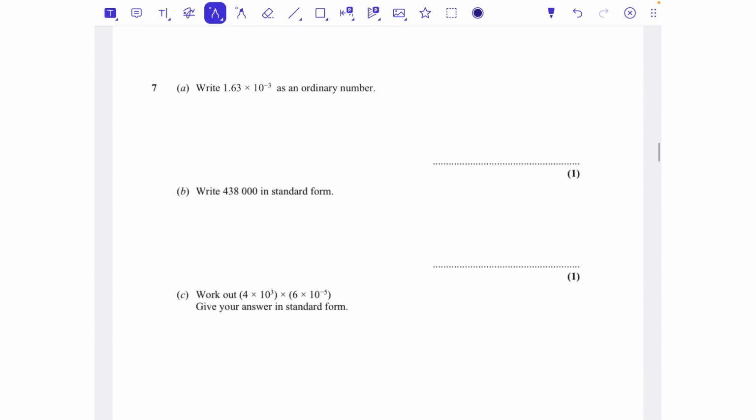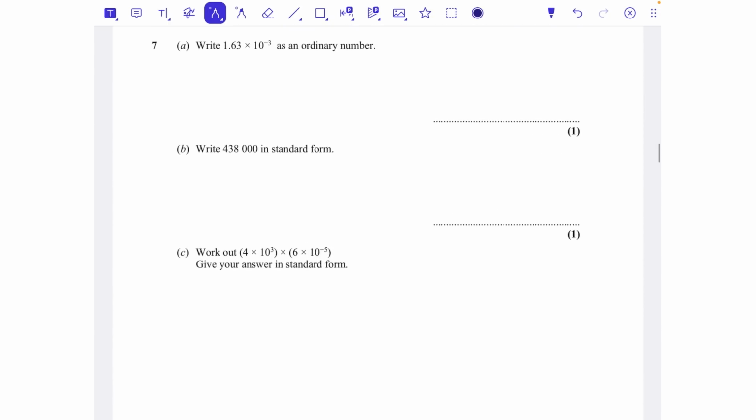Question number 7, and we've got standard form. Write 1.63 times 10 to the power of minus 3 as an ordinary number. So timesing by 10 to the power of minus 3 is the same as dividing by 10, dividing by 10, dividing by 10. So 1.63, if we divide that by 10, we're going to get 0.163. Divide it by 10 again, we're going to get 0.0163. So this is going to end up being